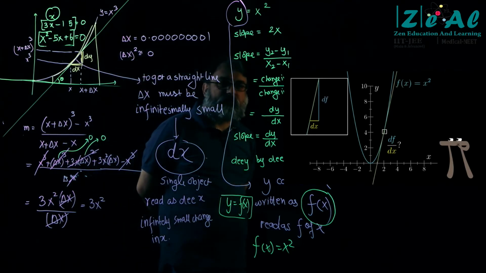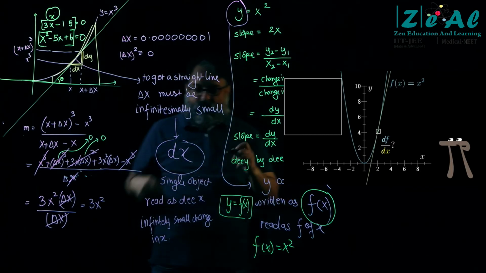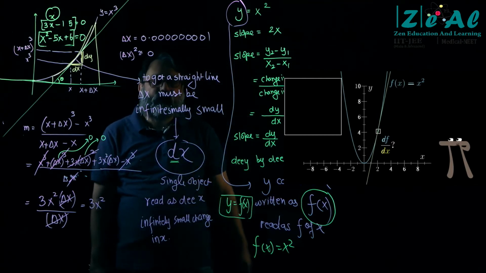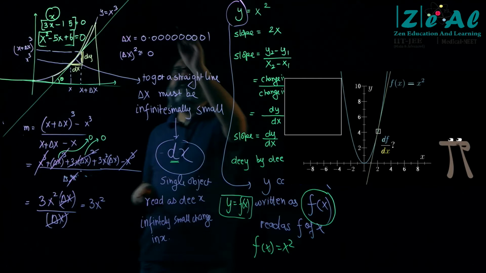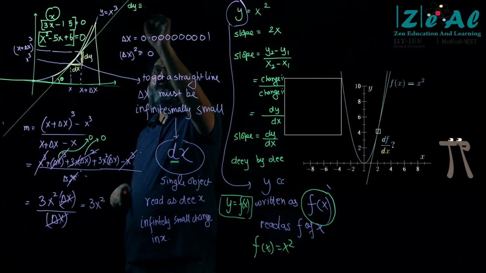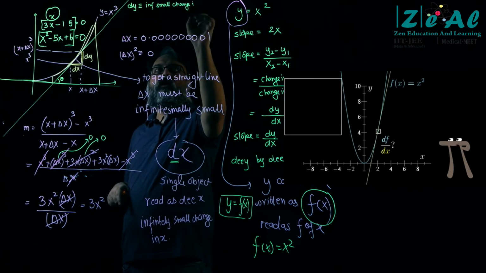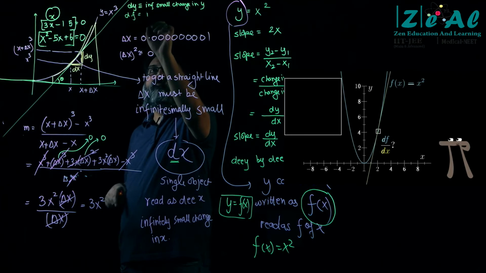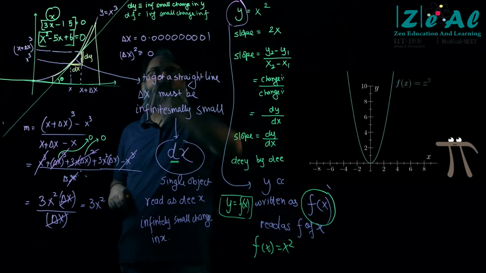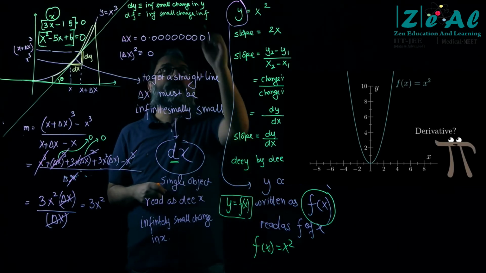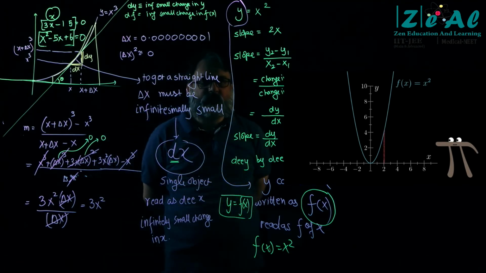No, dy is not f(x), bachcha. No, Harshvardhan, no. dy is not f(x). When you put a d in front of something, it represents an infinitely small change in that quantity. So dy would be an infinitely small change in y. df would be an infinitely small change in f, in f of x. Is this okay? Harshvardhan, did it make sense now?